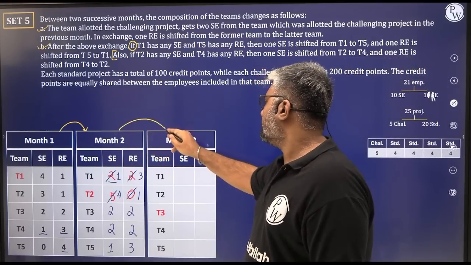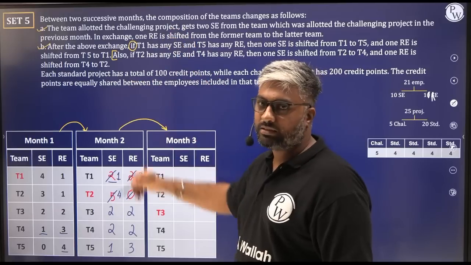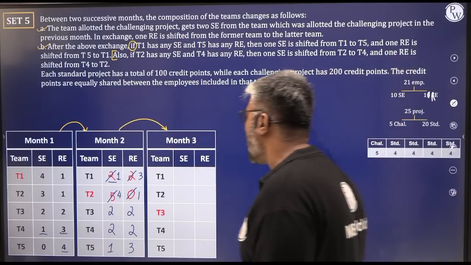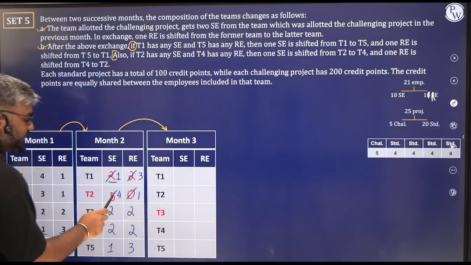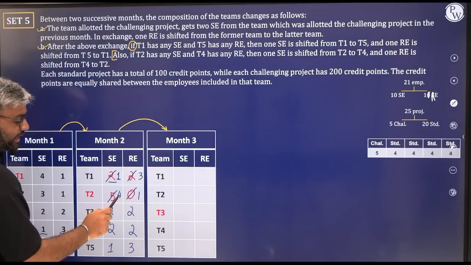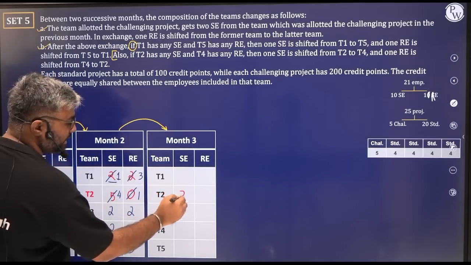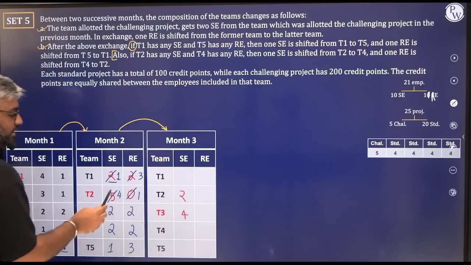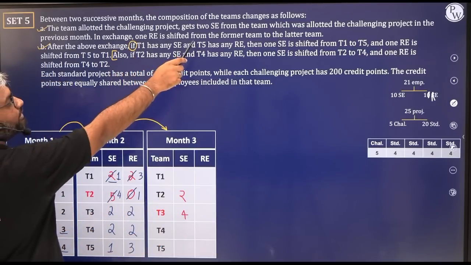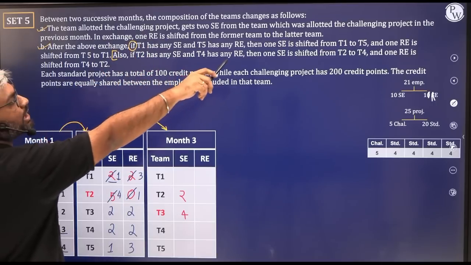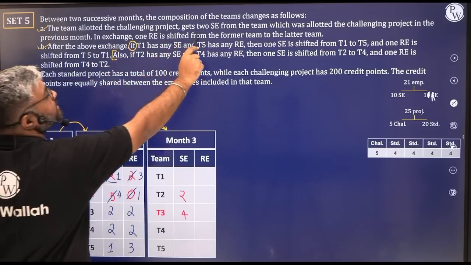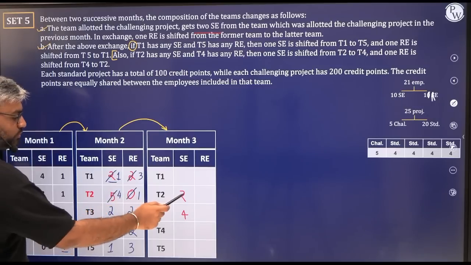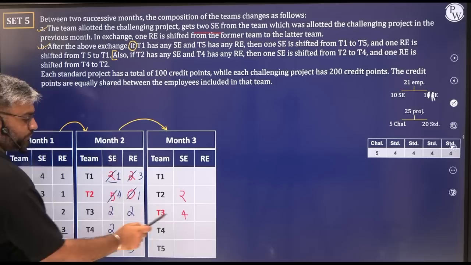Month 2 to month 3. Same process will repeat. Yes, first what do we have to do? We have to send 2 REs, 2 SEs from here to here. यहाँ पे 4 है, 4 से 2 गए, 2 बचेंगे. यहाँ पे 2 है, 2 पे 2 आए, 4 हो जाएंगे, right? So we are sending 2 SEs. Please keep that in mind. ठीक है, so 2 SE हमने यहाँ से हटाए, 4 से 2 गए, 2 बच गया. We added 2 more here, 2 plus 2 is 4.